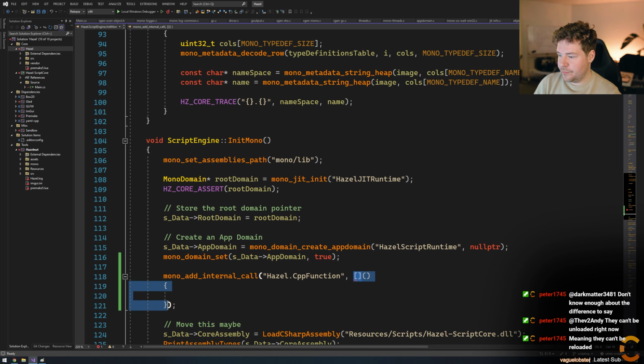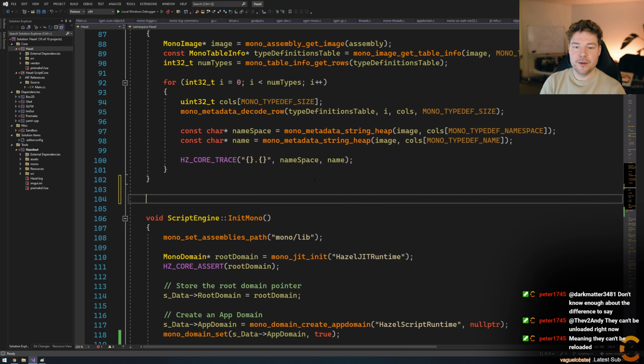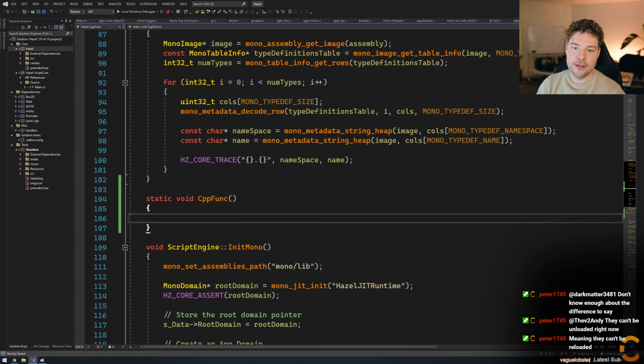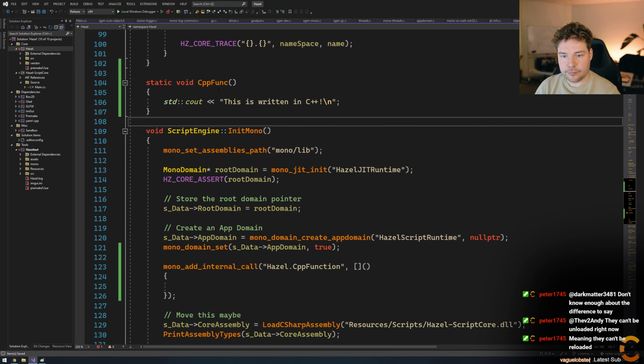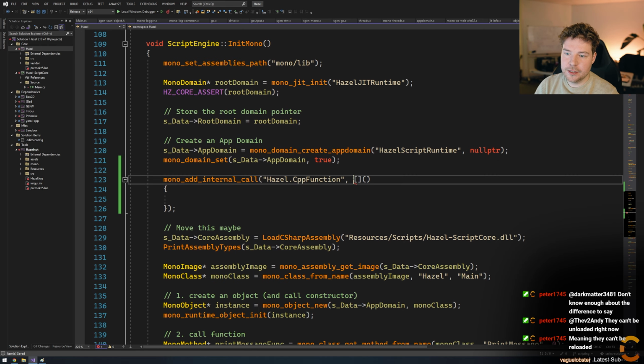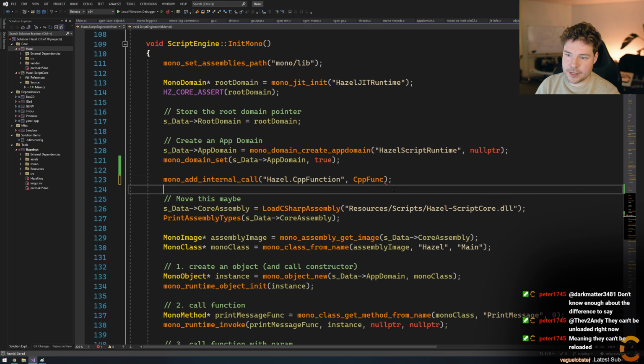So, with that example in mind, I don't know if we'll deal with lambdas here, but let's just write a function here called static void cpp func, right? And we'll just have it do something like, this is written in C++. And then cpp func is what we add here.